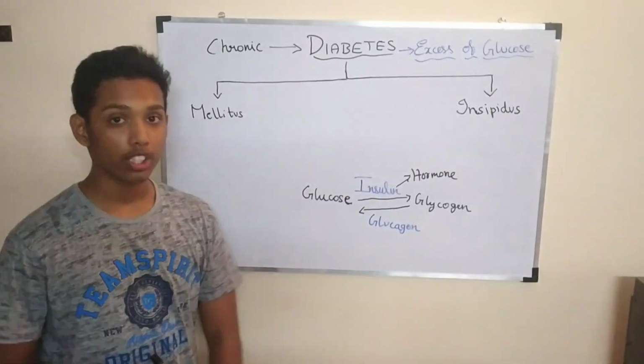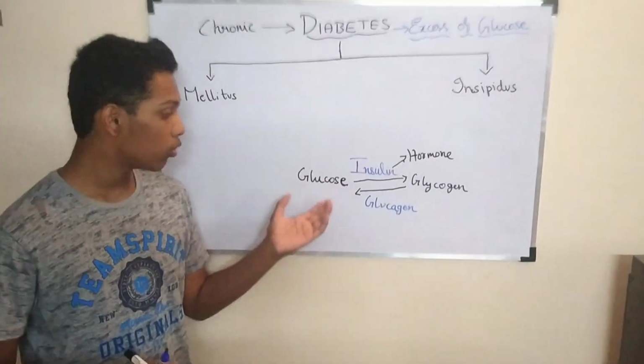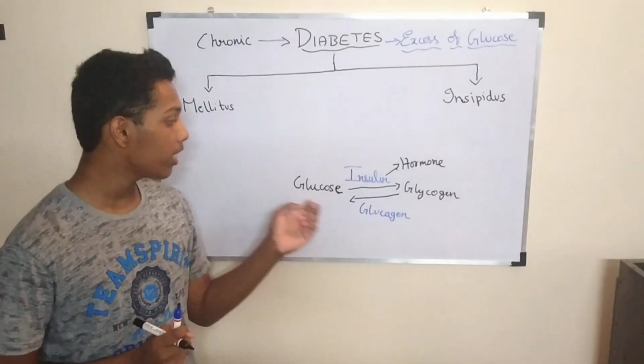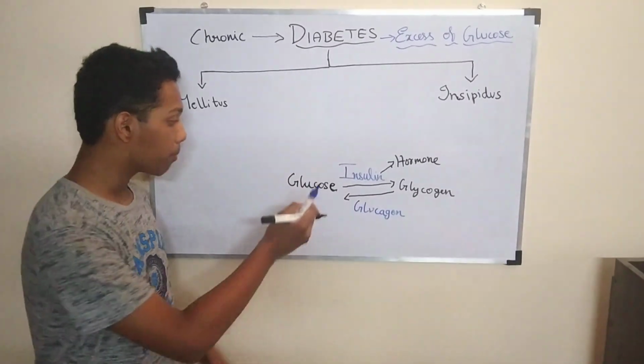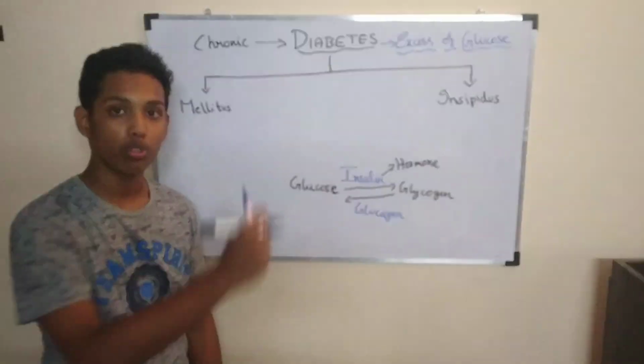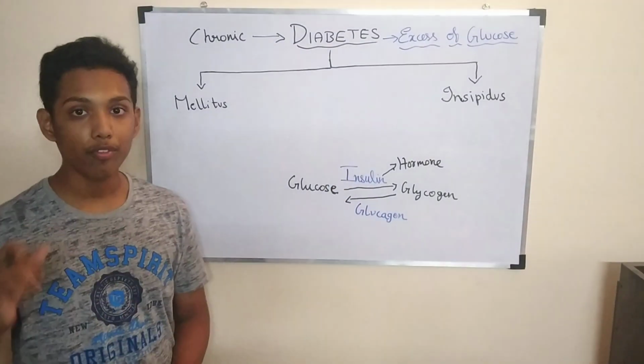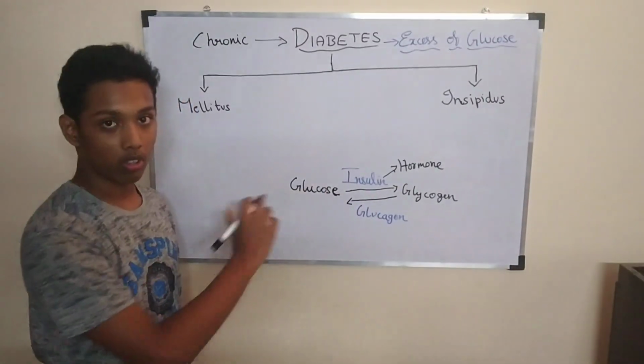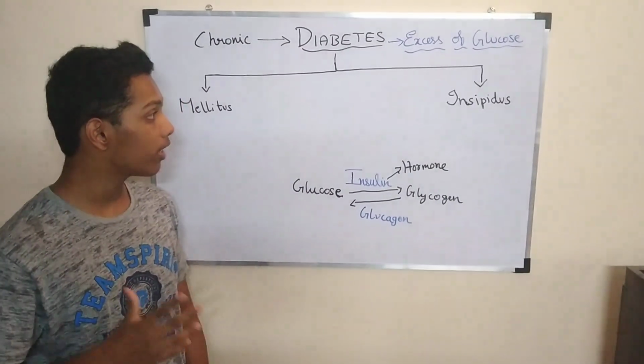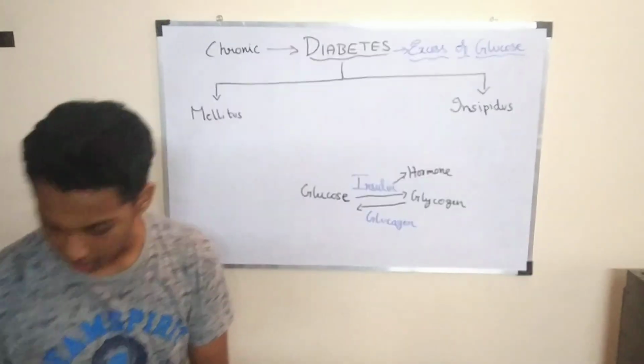And what is glycogen? We cannot store glucose directly in that form. That's why, with insulin, we are making sure that glucose gets converted to glycogen so we can store it. It is easy to store in the form of glycogen. So I'm sure you are clear with all these terms. So let's move on to another different hormone. I'll explain it right now.